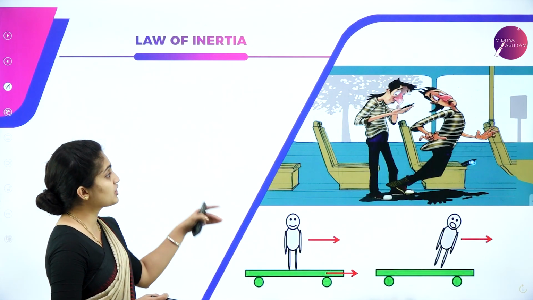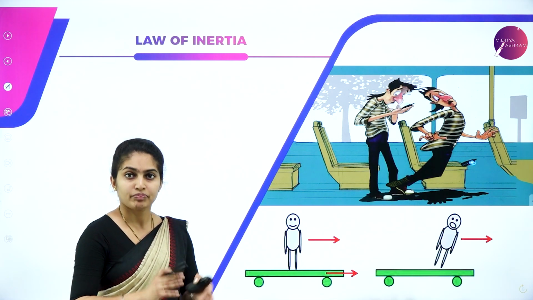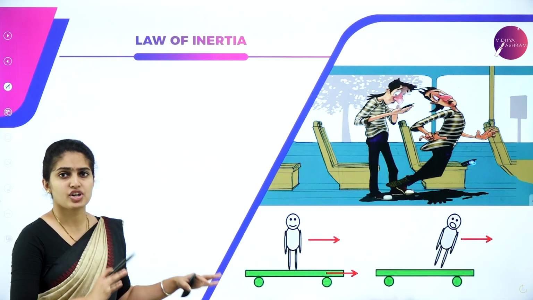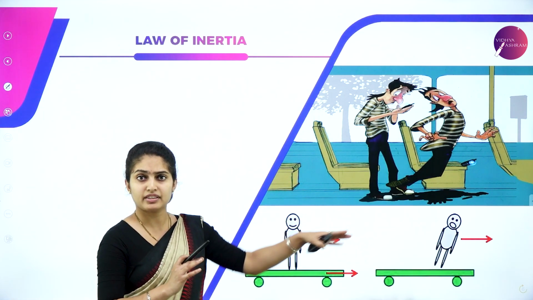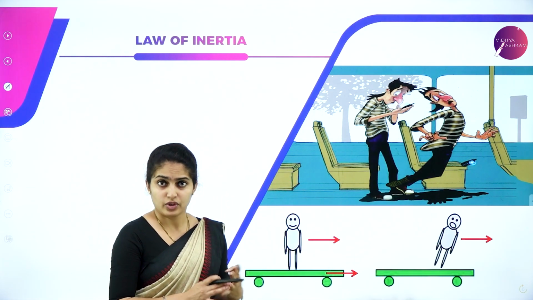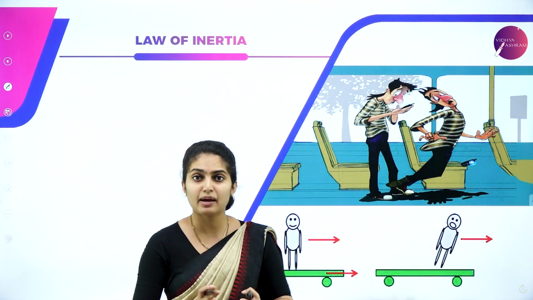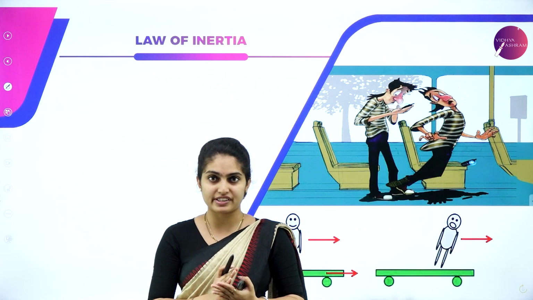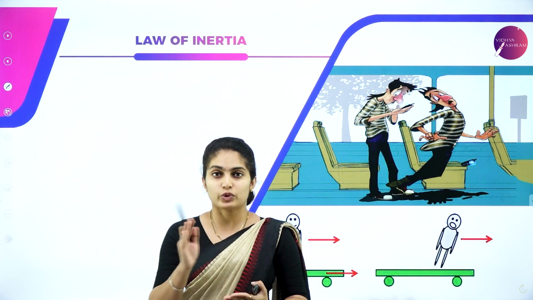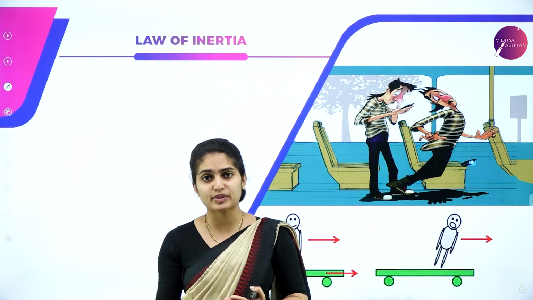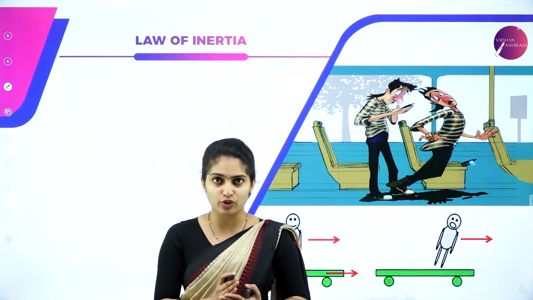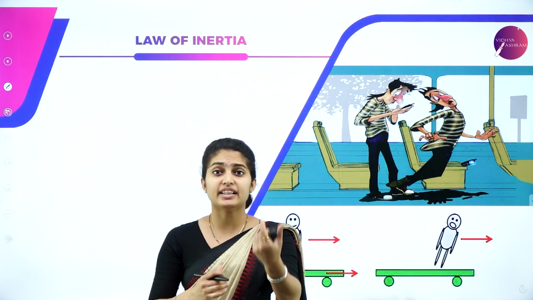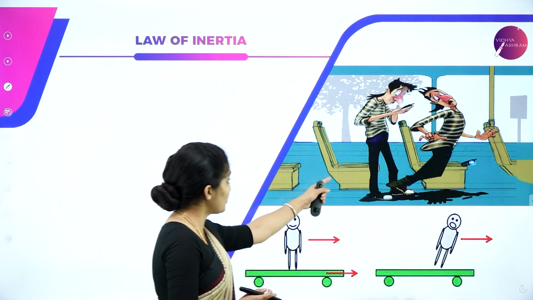And by this, let us discuss what inertia is. Inertia is a very simple thing. As you can see in this image, you might have experienced this concept. Whenever you travel in a bus, suddenly a brake is put, but you are in a state of rest with respect to the bus. You will be standing. When the bus suddenly brakes, you suddenly lurch forward and fall, as you can see over here.